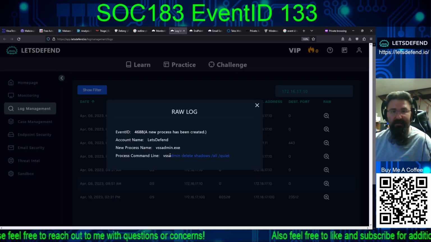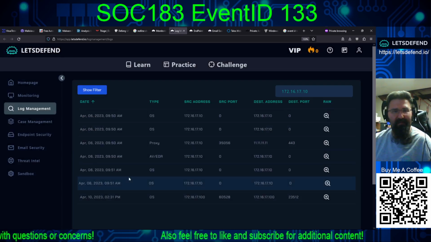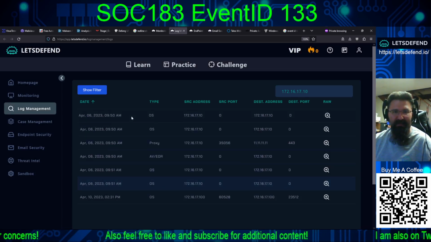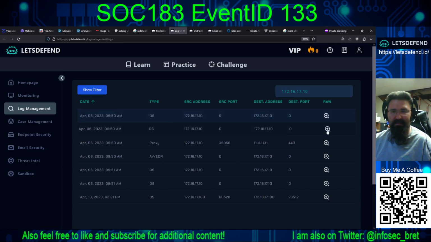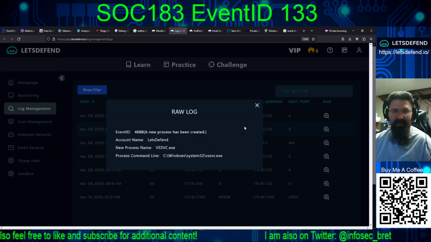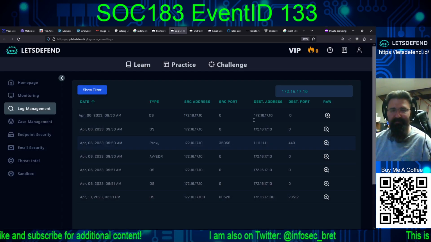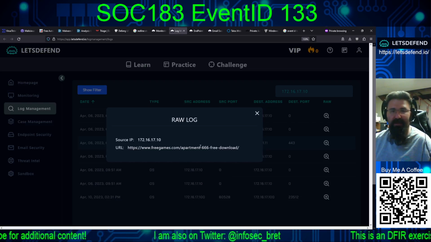Yeah, and still the same thing with VSSadmin delete shadow. I'm assuming that's not quite lined up properly. I mean, these two here, sure, but we would need the seconds. Event ID 4688, 4688. I was kind of hoping that maybe it would be like... Okay, so we do confirm that